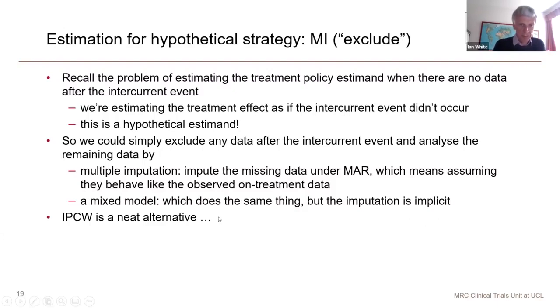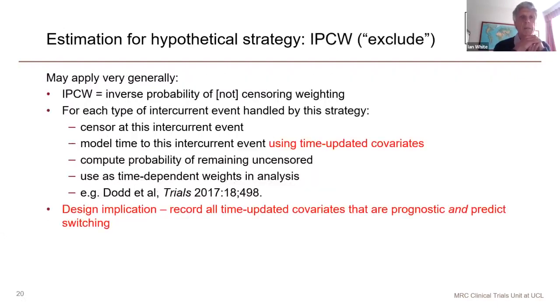You may be less aware of IPCW, which is a neat alternative that I want to just spend a couple of slides describing. IPCW stands for inverse probability of censoring weighting, and it's a misnomer because actually we weight by the inverse probability of people not being censored. We can handle multiple intercurrent events, but the idea is that we censor, we exclude data after it. Then we model the time to the intercurrent event, and crucially here we can use time-updated covariates, so we can allow for time-varying confounders. We compute the probability of remaining uncensored and use the inverse of that as time-dependent weights